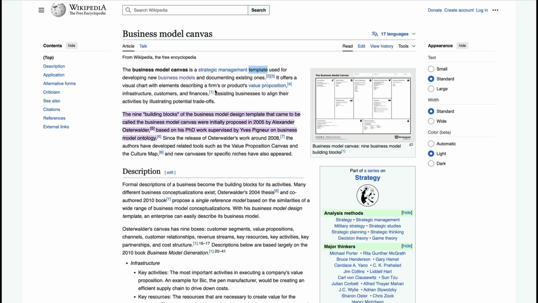The reason it's really helpful is because it has this very nice visual layout where you can see how many of the important components of your business work well with other important components of your business. The business model canvas was developed by Alexander Osterwalder, as you can see here, in 2005, as he was working on his PhD project. And for your convenience, I have a blank one that you can download from the resources of this video and use for your own needs.